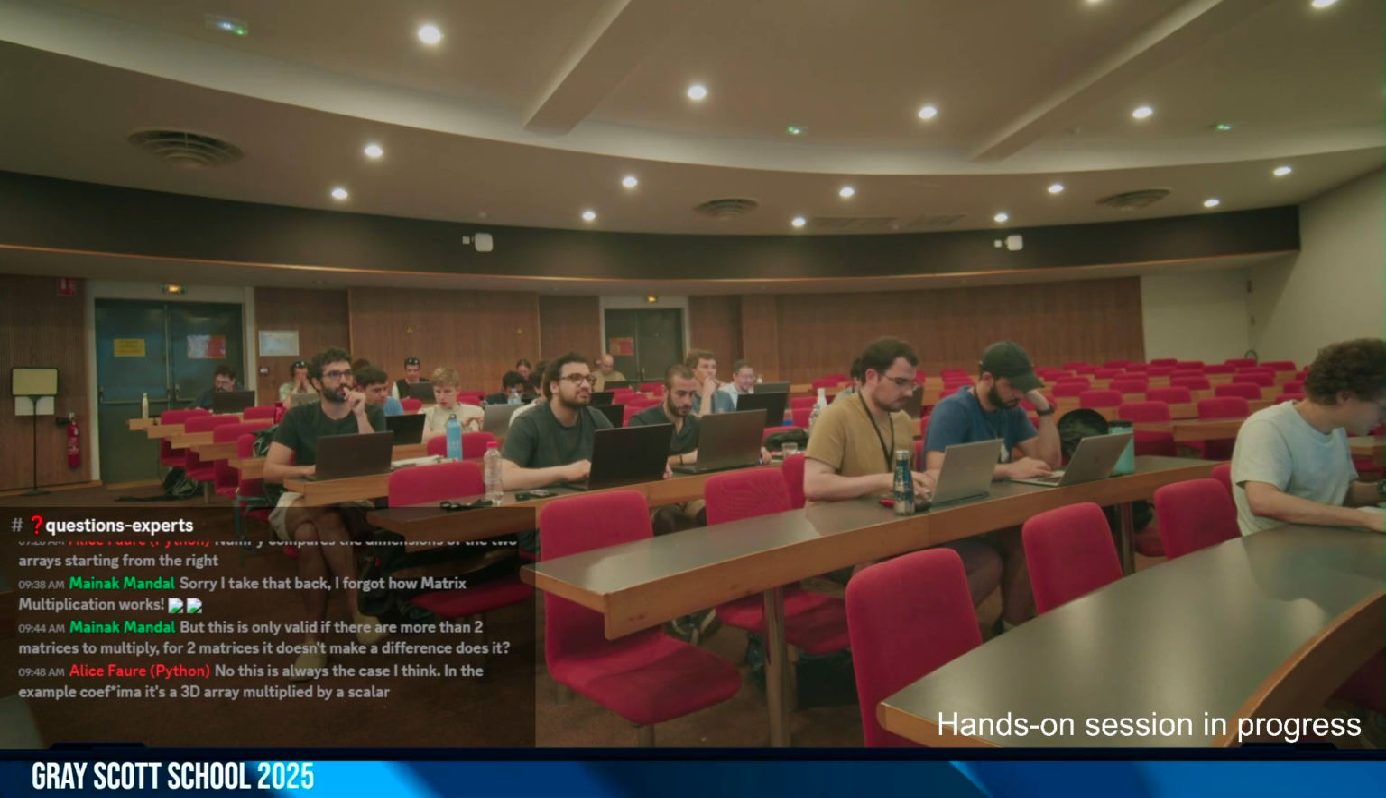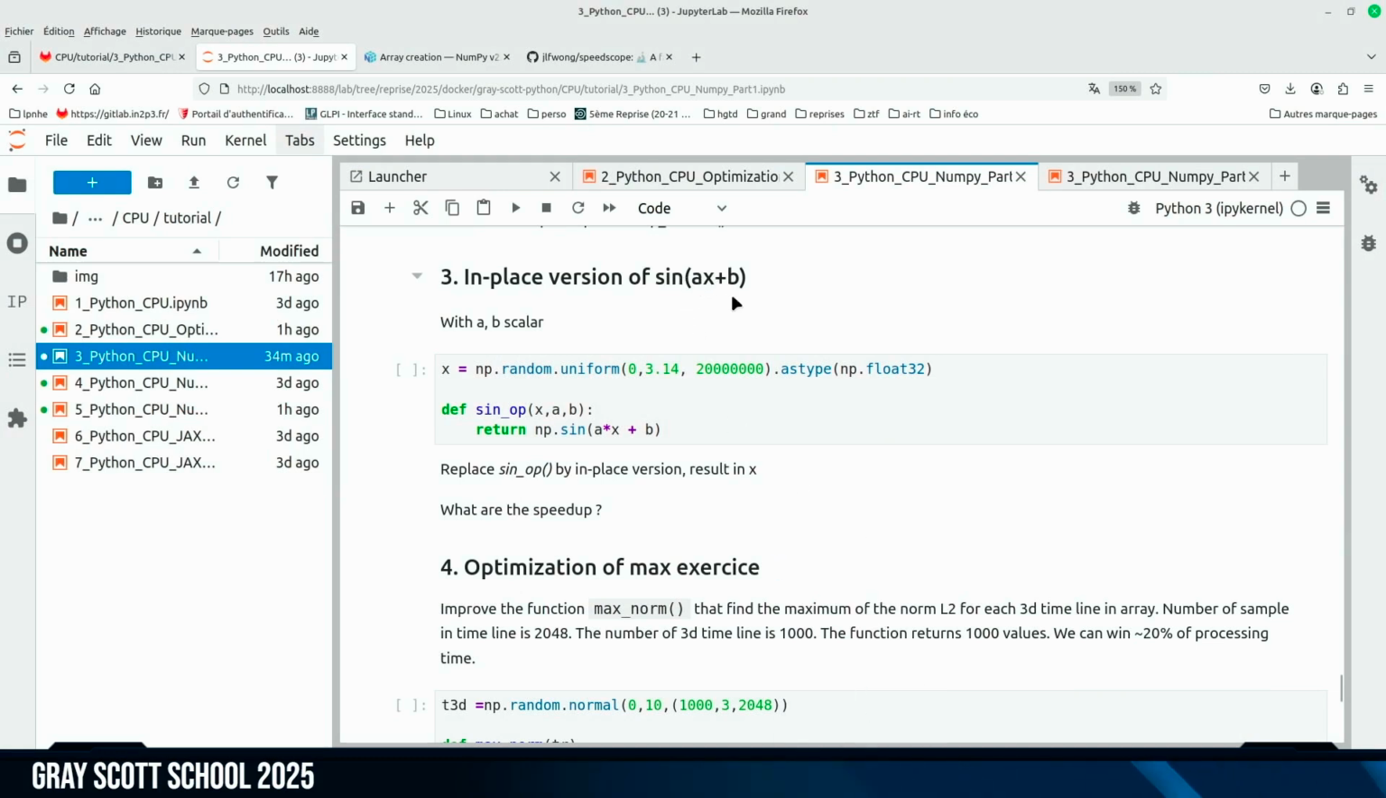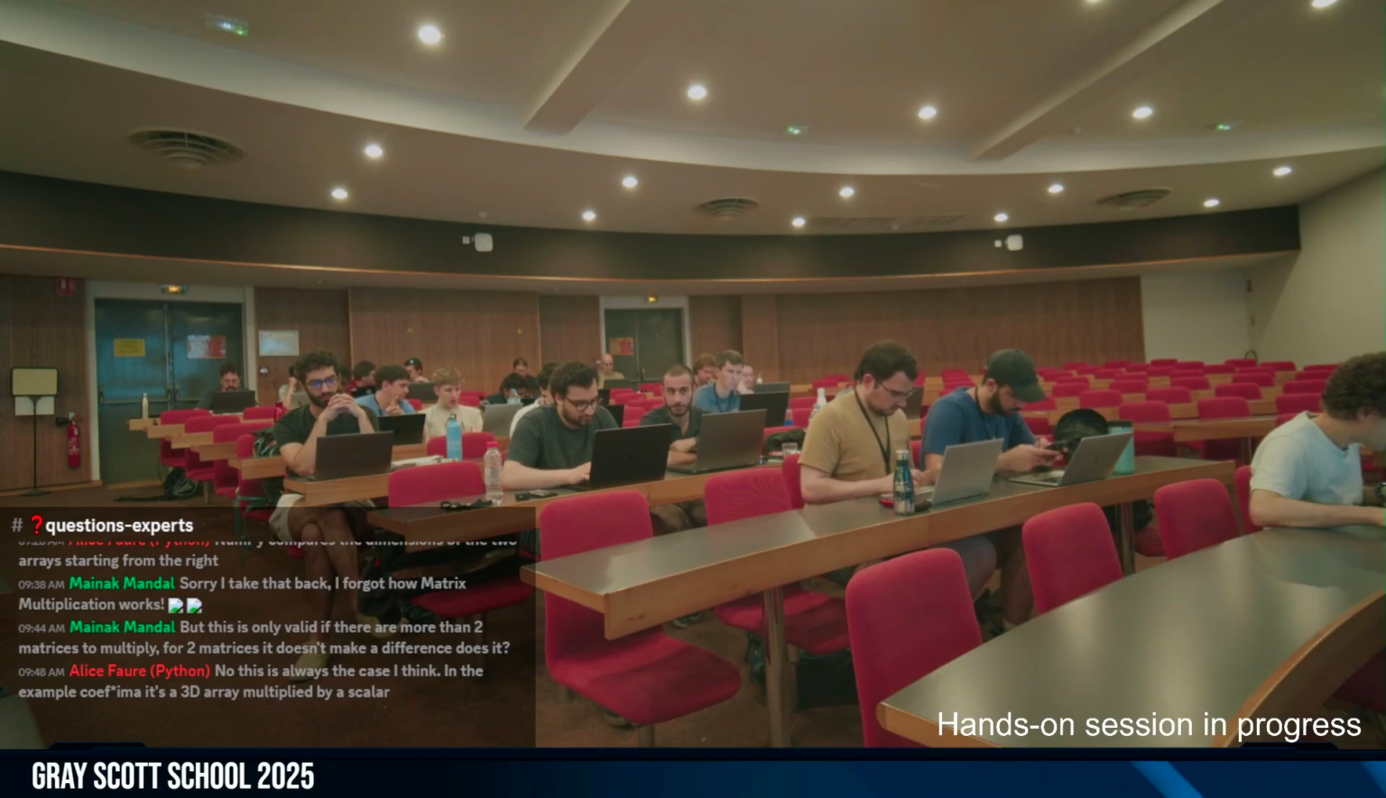So now exercise 3. It's an in-place version of sinus AX plus B, where A and B are scalars, and X is an angle. It's a big array. The first implementation of this function is here, and I propose that you write the in-place version, so the result of the function will be in the X variable. So the solution is